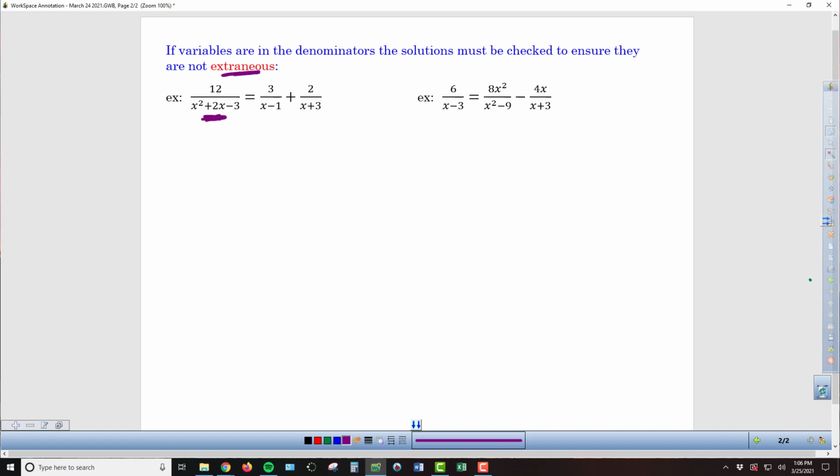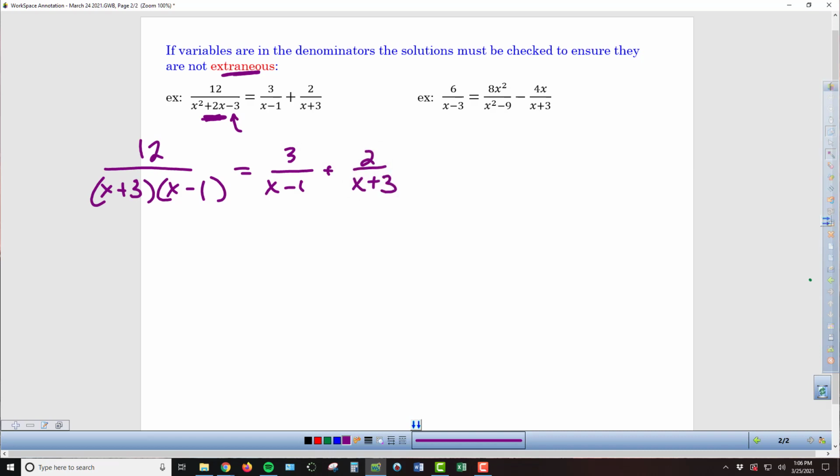The other two, there's nothing that we can do with those, but we do need to factor this one. So I'm going to break it up into two sets of parentheses. And so I know it's going to be x as the first piece. I know I need one of each since I'm multiplying to make a -3. And then the only way I can multiply to make 3 is with 3 and 1. And I need the 3 to be positive and the 1 to be negative, so I end up with that positive 2x in the middle. Then the other two fractions, I'm just going to leave them untouched since there's no factoring or anything like that